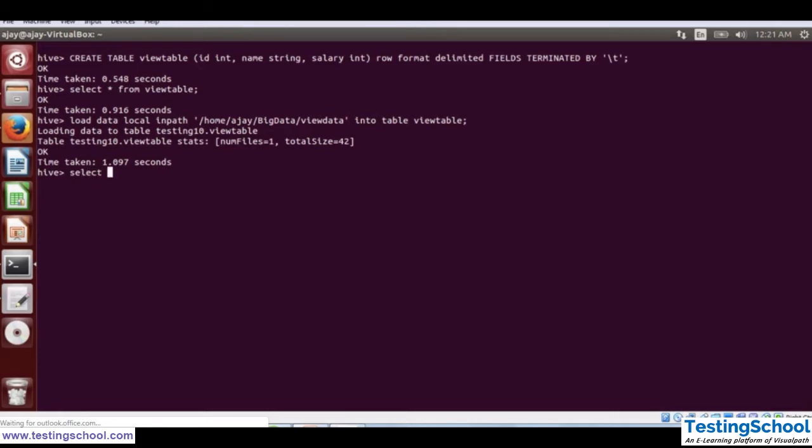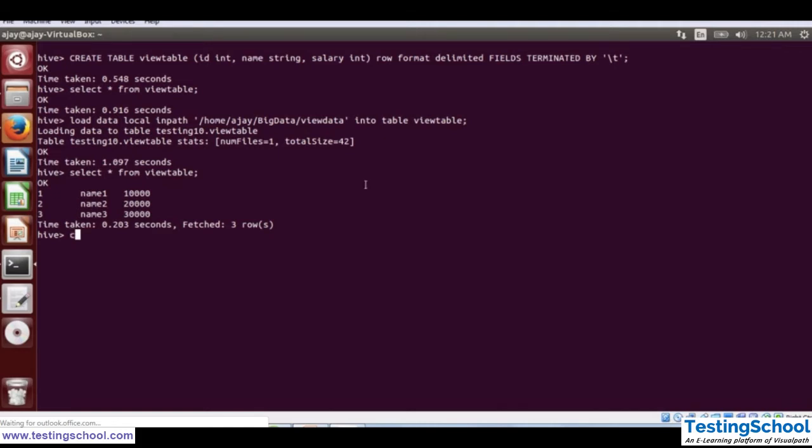Let's verify this. Select star from view table. Now you can see it has three rows, with salary 10,000, 20,000 and 30,000. So our next task is to create a view on this particular table.